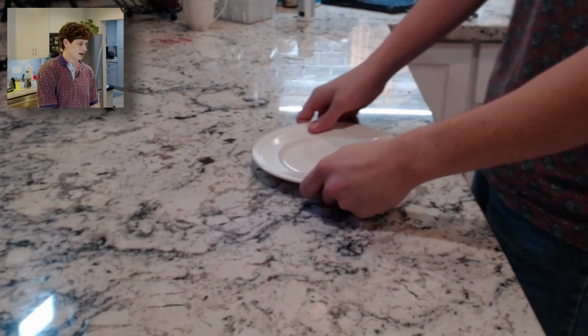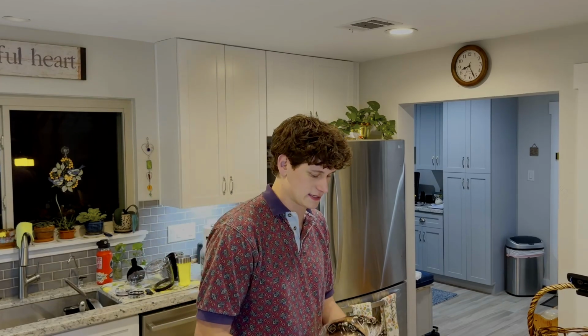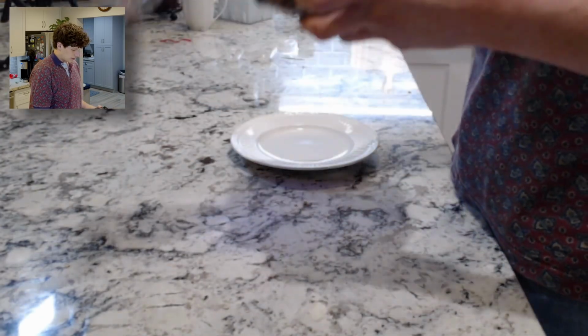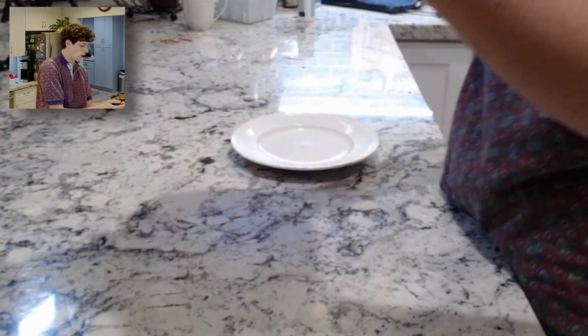We have my plate here. Look at this thing, a little plate. Yeah, I'm gonna show you the only way you should make peanut butter and jelly from now onward. You shouldn't make peanut butter and jelly any other way. All right, first ingredient. Kroger whole wheat bread. Look at that. Yeah, you want to get that private selection, 100% whole wheat, wide